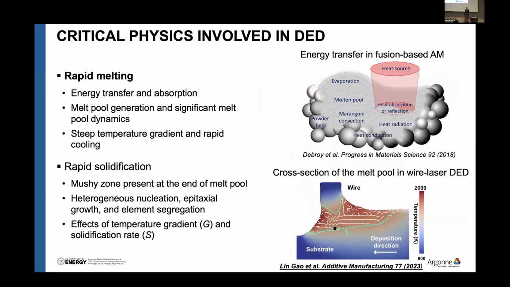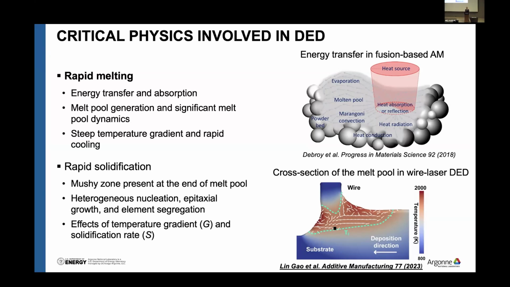The wire-based directed energy deposition, like other fusion-based additive manufacturing techniques, involves a lot of critical but complicated physical events compared to the traditional manufacturing method. For example, because it utilizes a highly concentrated energy source, it involves a rapid energy transfer from the energy source to the matter, and because of the intensive heating, a molten pool will generate at the deposition region, and the molten pool will be subject to highly dynamic melt flow and the steep temperature